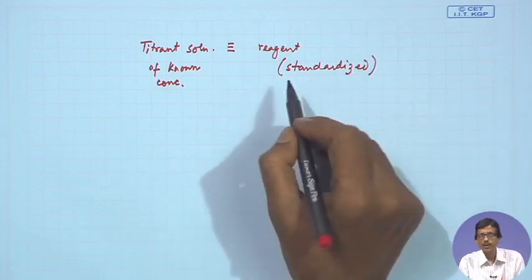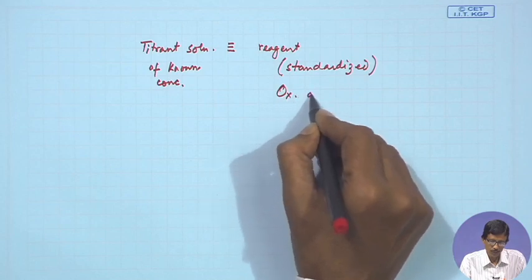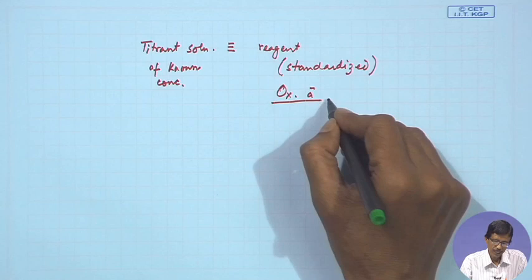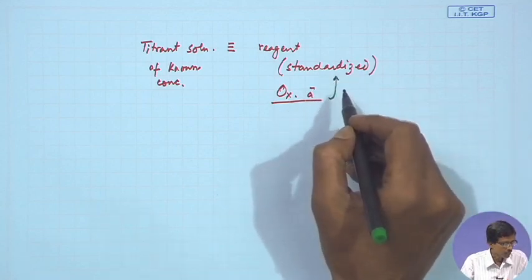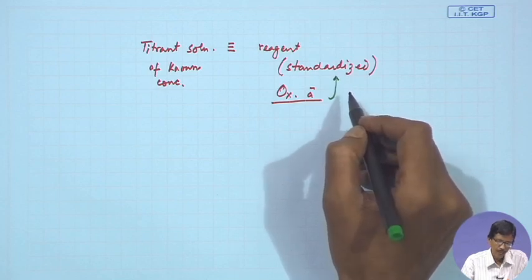So, any acid or any base, we all know, as I told you, that oxalic acid is a very good primary standard. So, your oxalic acid can be a standard solution and that standard solution can be stable enough and react with the analyte. So, this